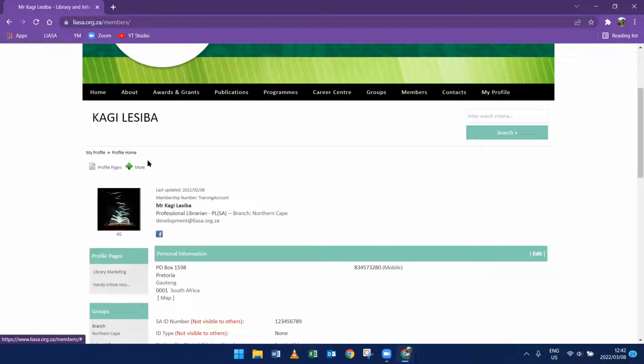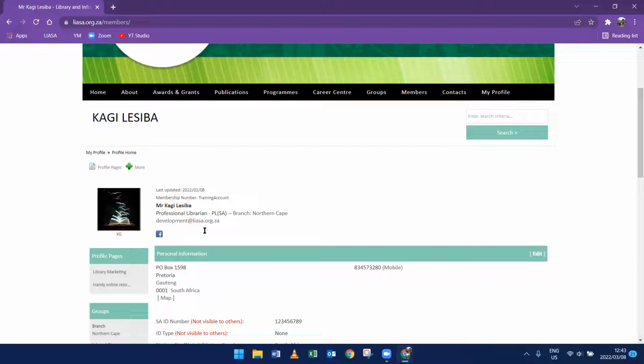There's profile pages, as well as there's more. And over here on the left, there's a profile picture. So on your profile, if you have logged in and you have uploaded a picture, you should be able to see your picture over there, your profile picture. Below the profile picture, in a small font, you should see your nickname if you have inserted a nickname